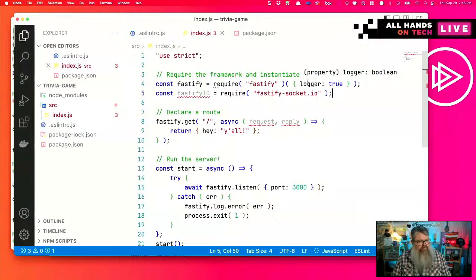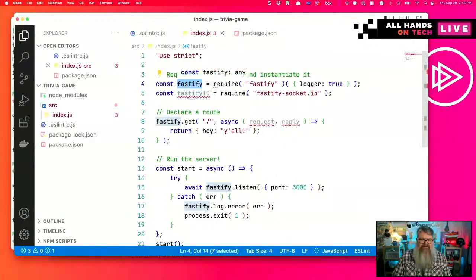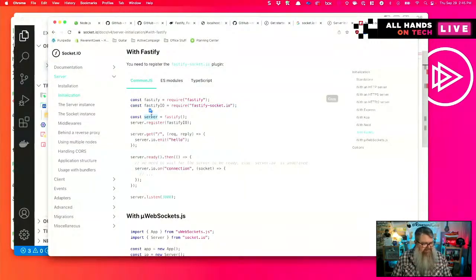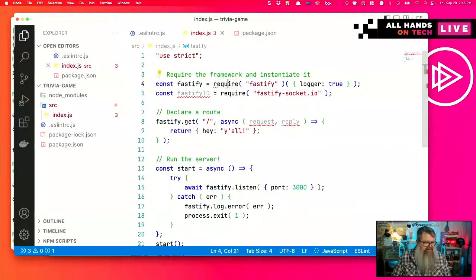So this is in one line, it's requiring Fastify and creating the server. So this object that we have called Fastify is actually server in this example. So this is the library, this is the server, and here in our code, we're doing it in one step. We're requiring in Fastify and we're creating a server at the same time.